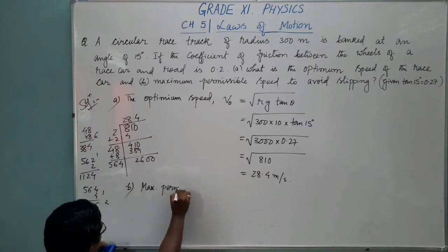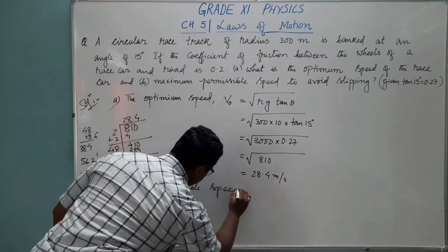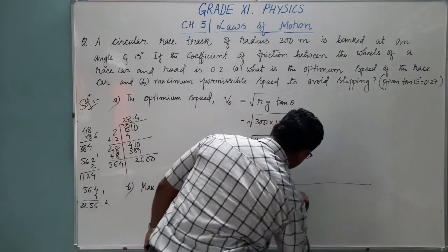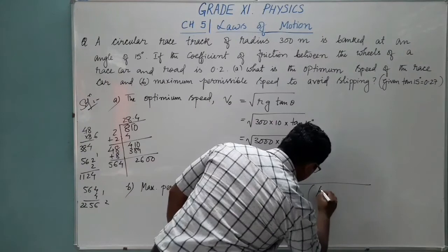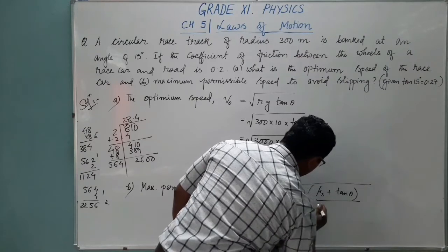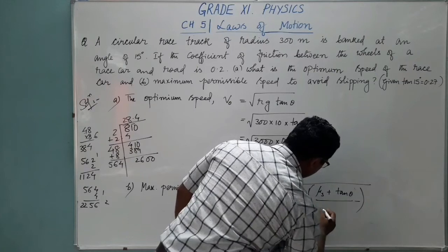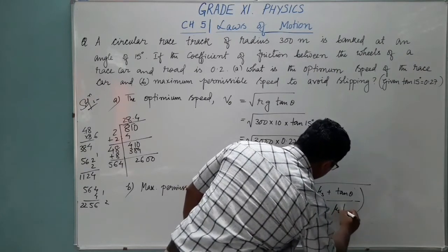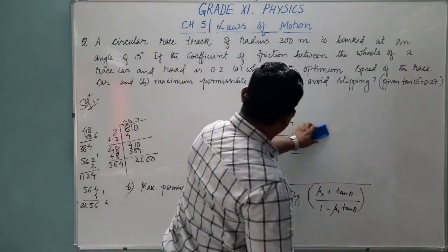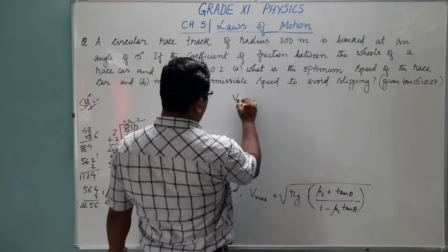Maximum permissible speed, V maxima. Your formula is root over Rg times mu s plus tan theta divided by, you can take the bracket as a whole, 1 minus mu s tan theta. Put the values. So V maxima